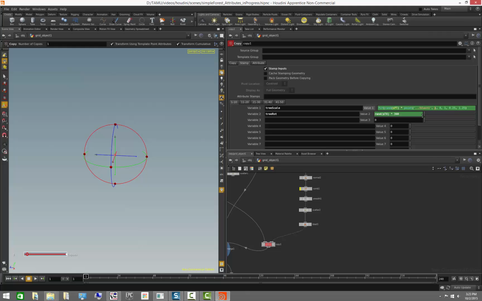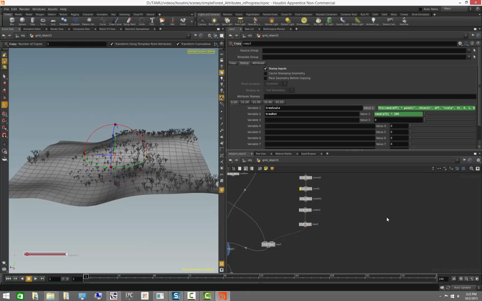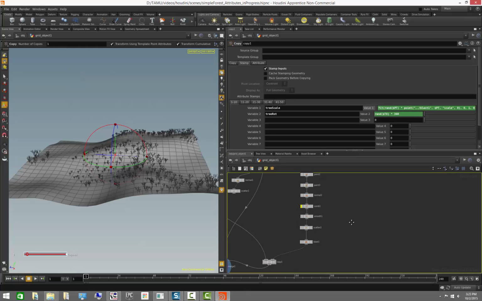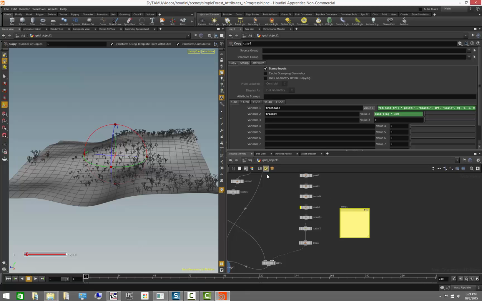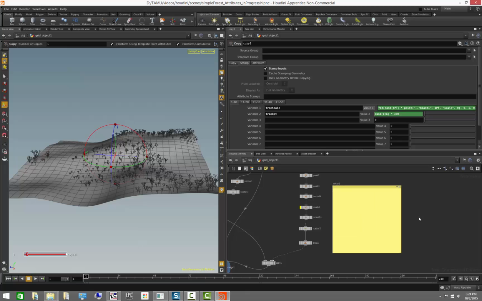And then I'm going to reference the point number that is currently running, like we did with the random there. I'm going to look for an attribute called scale, and I'm going to look for element 0, which, if it's a color, it will be 0, 1, and 2. Because it's just a linear value, 0 will work fine. There we go. So let me actually paste the expression here so that it can be a little bit more clear what I'm doing